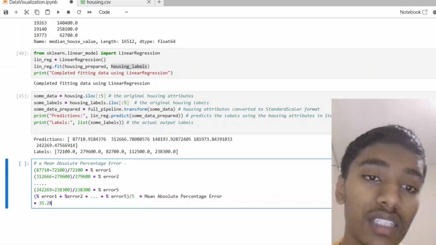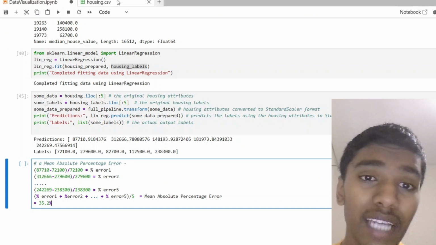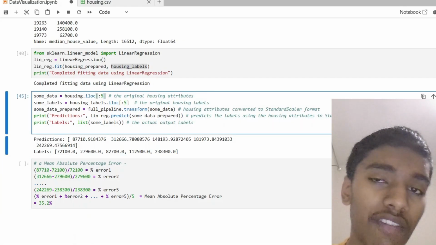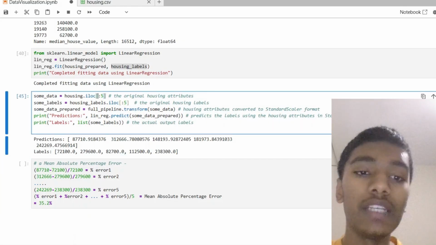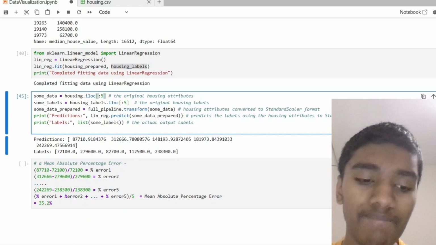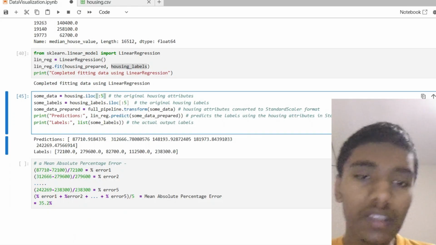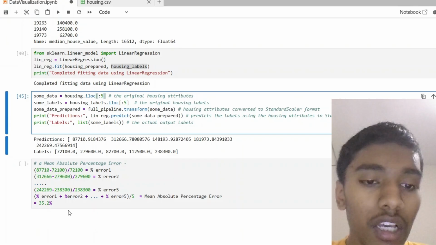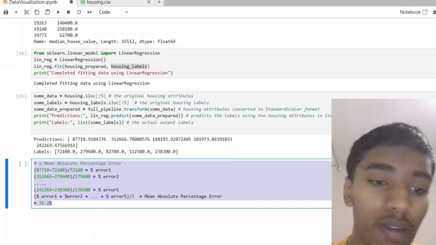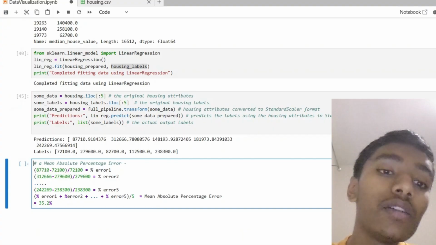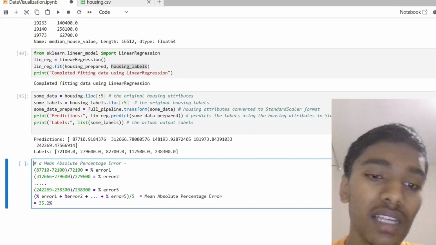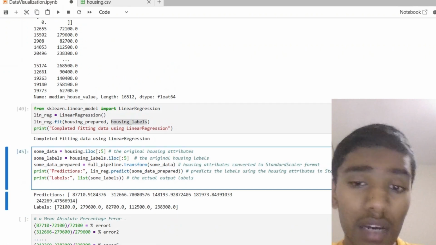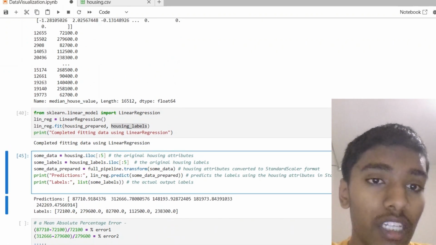But does this mean it's the error for our entire data frame? No, it's just the error for the first 5 instances of our stratified version of the housing data frame. So again, that's not very good just by looking at that. In the next lesson, we'll look at how to analyze it more thoroughly, instead of looking at just the first 5 instances. But we covered several things in today's lesson. We covered first of all how to calculate what the linear regression model is,